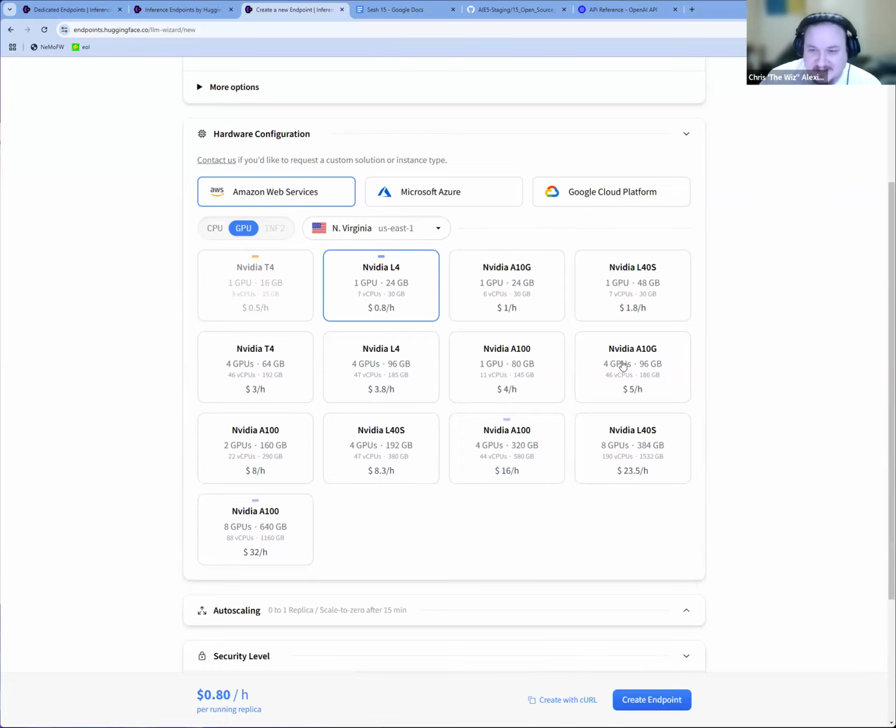All of these T4, L4, A100, A10G, L40S, these are all different kinds of GPUs. The only thing we actually care about is twofold. Number one, how many GPUs? So the one we've picked has 1 GPU. Two, the amount of total storage or GPU memory. So we need to pick a set of hardware that allows us to fit our model on that set of hardware. So what we need to do is make sure that we're using, in this case, at least 24 gigabytes,